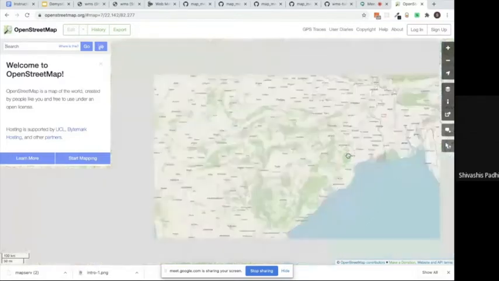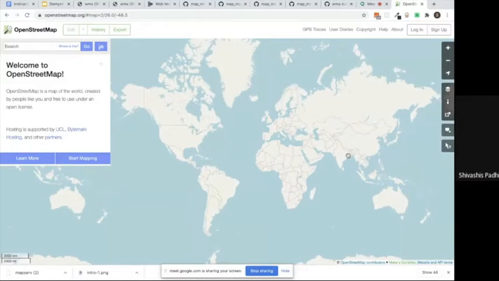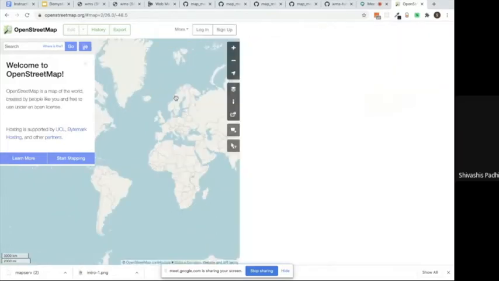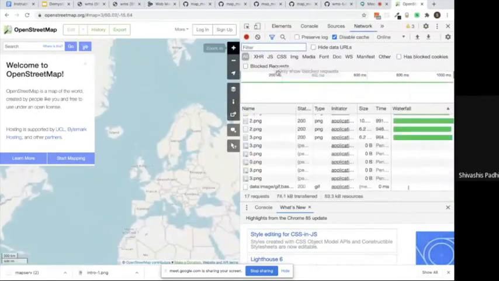But when I move up, you see some gray patches. So this is the web map server. This is the map client, which is OpenStreetMap, querying for the map data from a map server and rendering them. If we inspect how it is working, you can get a better idea. I'll go to network, I try to zoom in, and